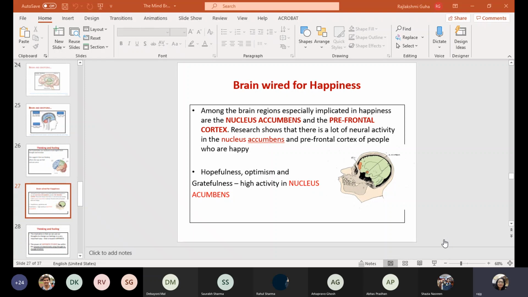Okay, have you heard of fMRI? Anybody? Yes, ma'am. Okay, Debayani, what does fMRI do? Ma'am, I'm not sure how it works. I've heard about it, read about it, but I've forgotten how it works. Okay, just a wild guess. What does it do? Anybody else also? Okay, you have all heard about MRI, magnetic resonance imaging, right?